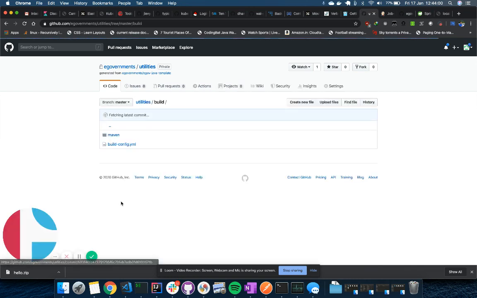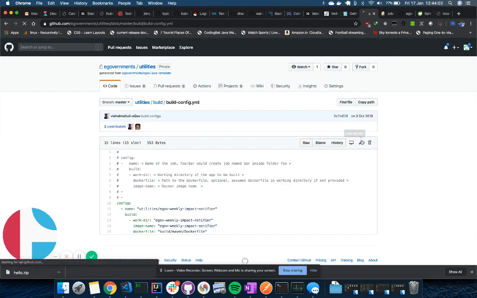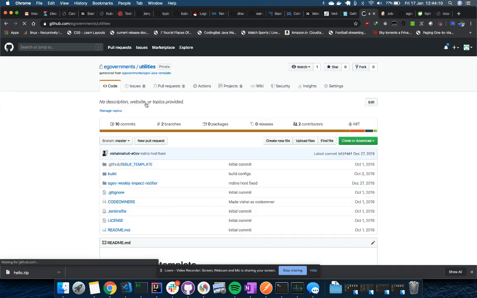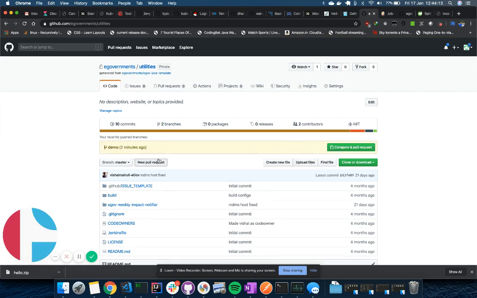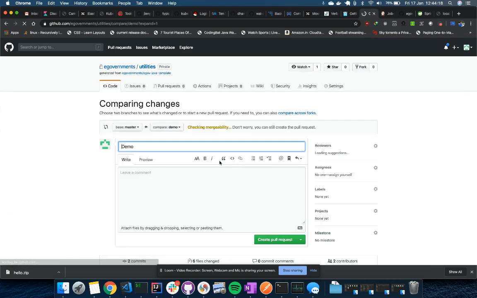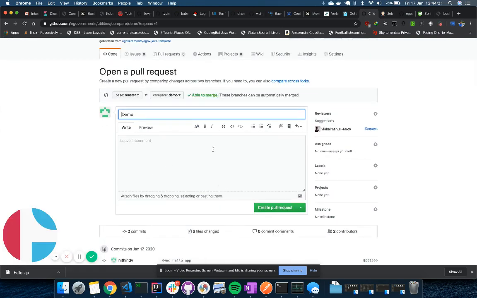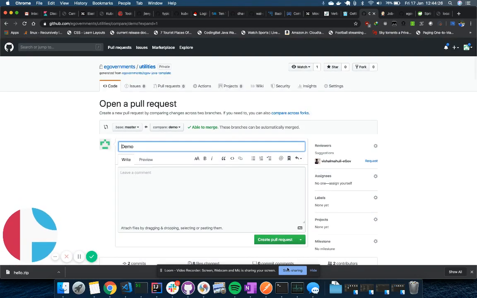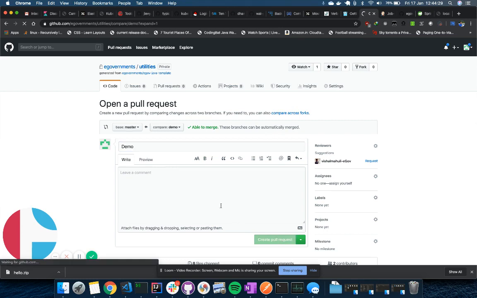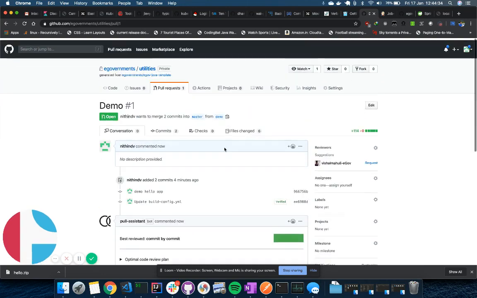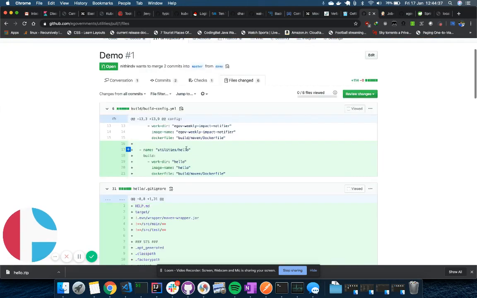Okay. Sorry, that would actually not work. So you need to make the change in master. I've done it on the branch. Okay. So I'm merging this to master, the changes here.